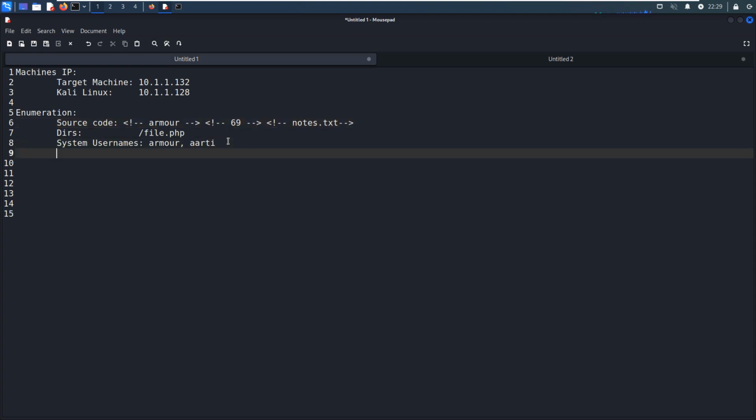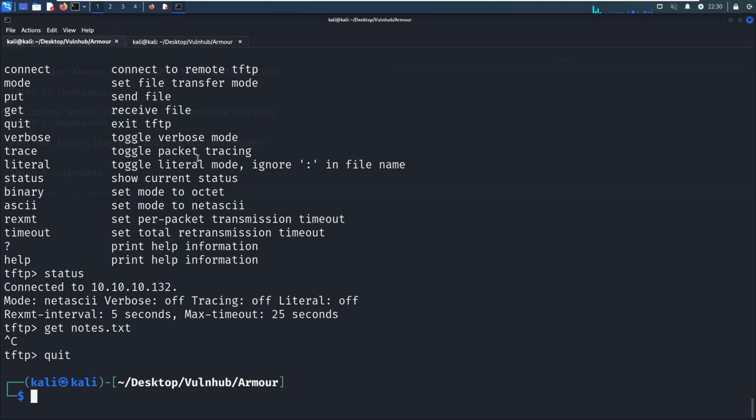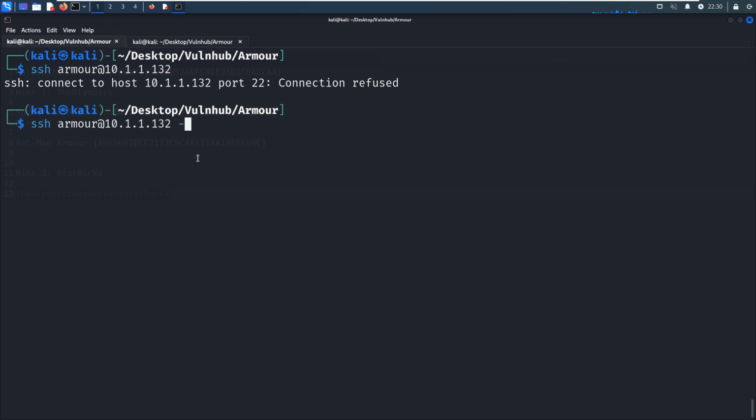So maybe we can use this password for the SSH, right? So now we can test SSH armor. Oh, we need to specify the port number.